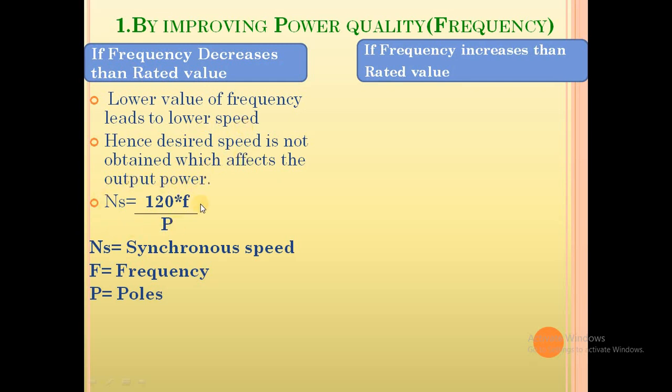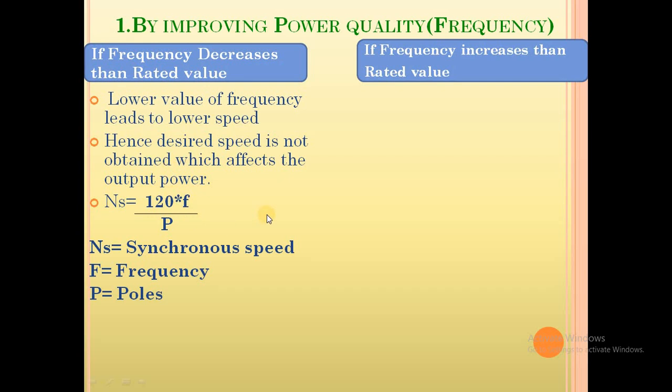Why? Here I have given the relation: synchronous speed is equal to 120F divided by P. That is, 120 is a constant, F stands for frequency and P stands for poles. If frequency decreases, obviously synchronous speed will decrease, and when synchronous speed decreases, the rotor speed also decreases, and hence we will not get our desired speed for doing useful work because of the lower frequency. So this is about low frequency: we will not get the desired speed which is required